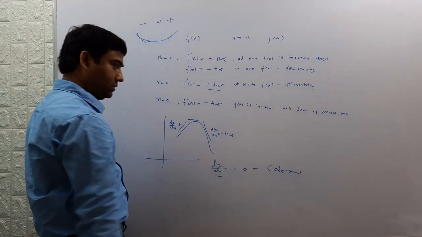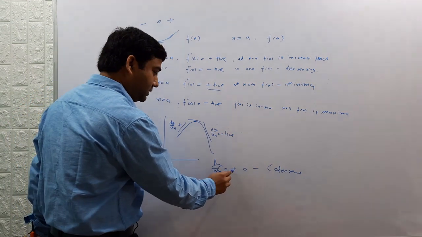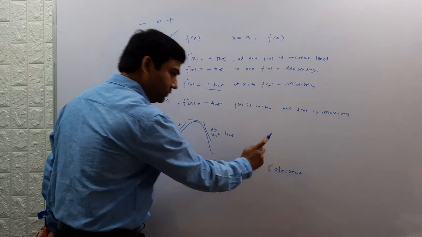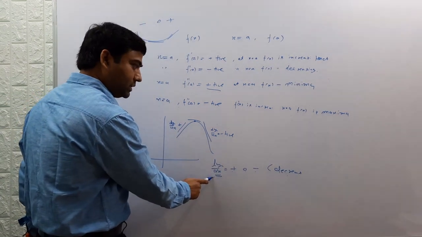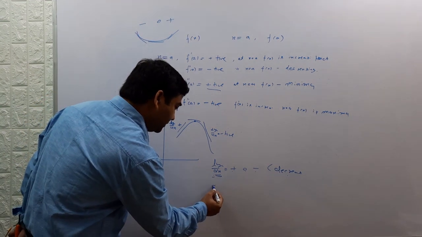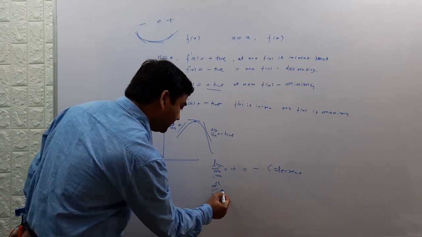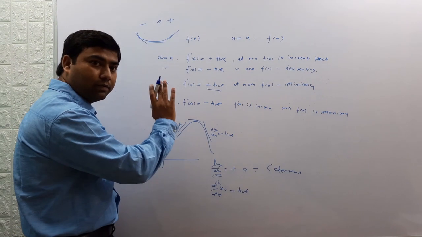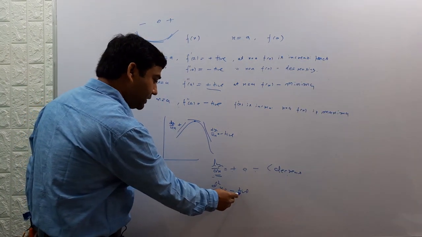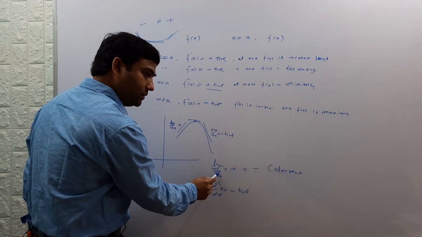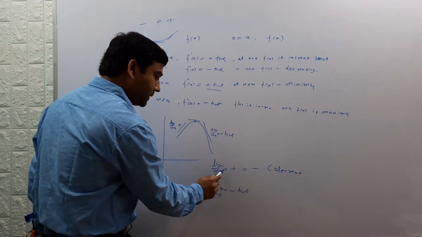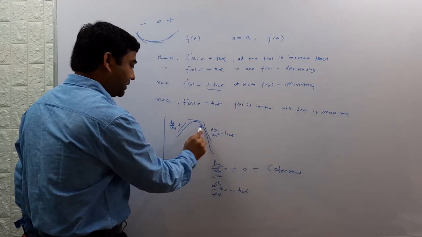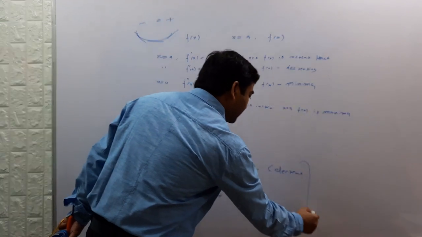This derivative is a decreasing function. This derivative goes plus, 0, minus, so its value is decreasing. Hence this derivative is a decreasing function. If the derivative is a decreasing function, then its second derivative d2y over dx square will be negative, as per the definition we have earlier discussed. Hence dy over dx will be a decreasing function. Its sign will change near the turning point from plus, 0, minus. So the actual graph will be like this. So it will be a maximum.